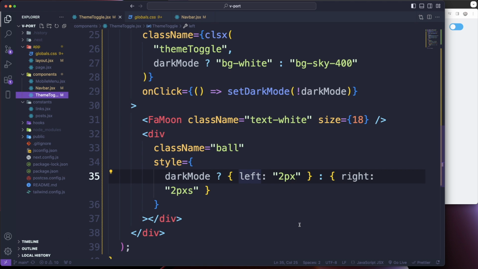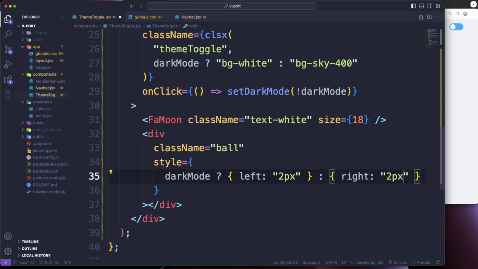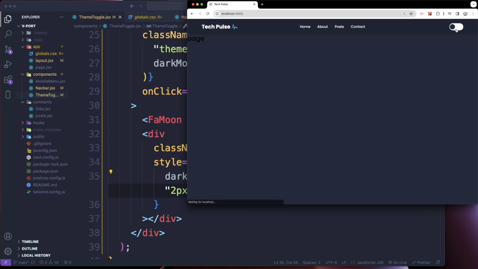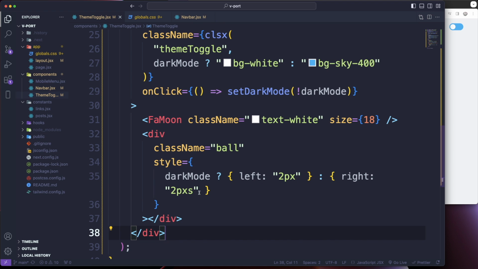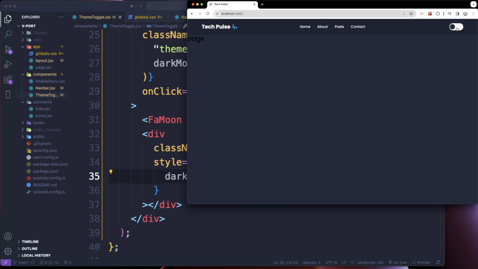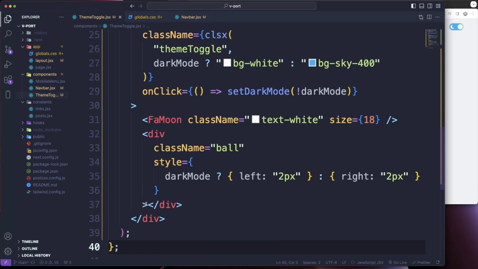Head back to the theme toggle. So, oh, that's why. So left 2 pixels. There we go. All right, so let's see if this works now. All right, so it's still not. Oh, what the heck? There we go. There we go. Nice. So there's our theme toggle,